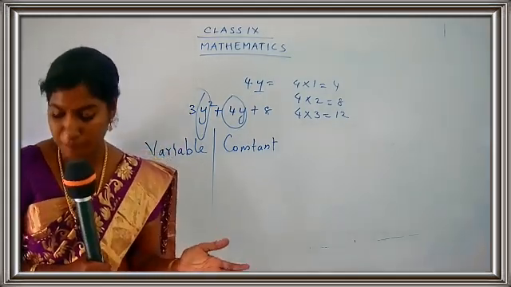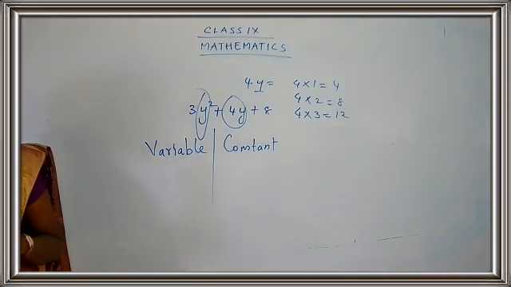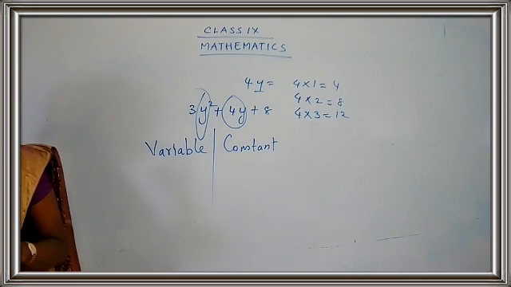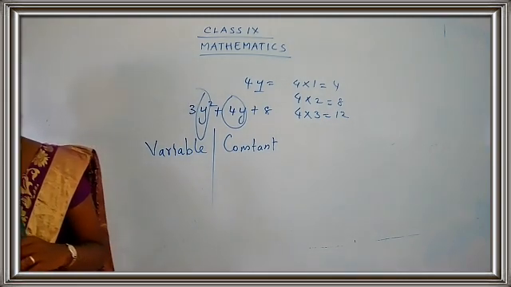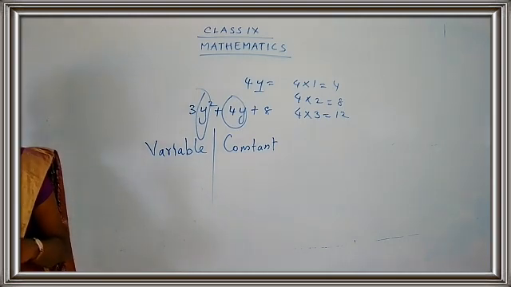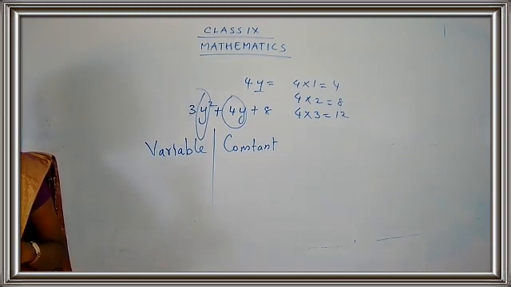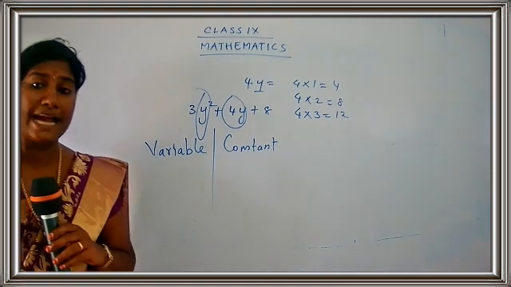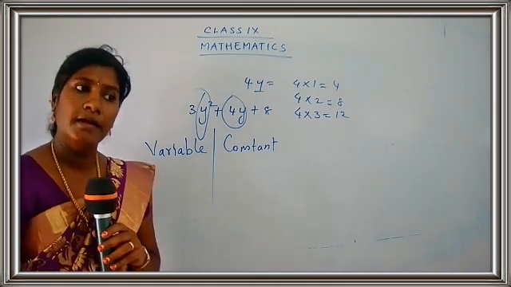So what was the definition for polynomial? A polynomial is an arithmetic expression consisting of variables and constants that involves four fundamental arithmetic operations and non-negative integer exponents of variables. So very, very important thing is the power should be a non-negative integer. Clear children? Okay, done.